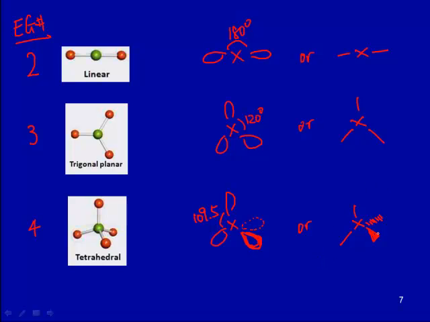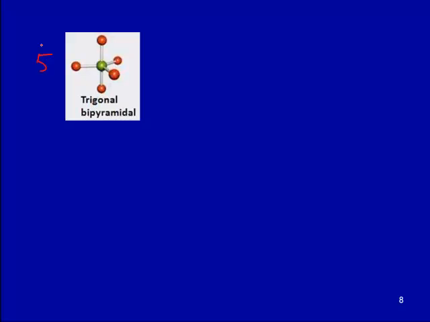So now you have one electron group pointing outwards, away from the screen, and the other one is pointing towards the inside of the screen. So this one is for the tetrahedral, and if you have 5 electron groups, now you'll have a trigonal bipyramid,